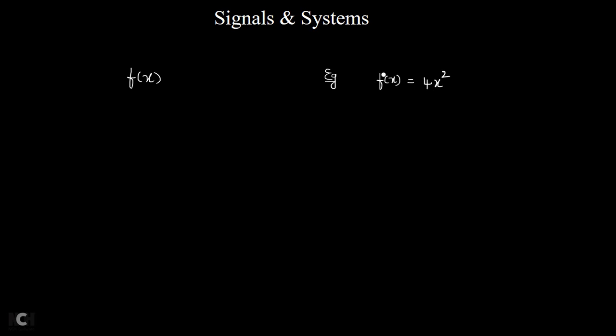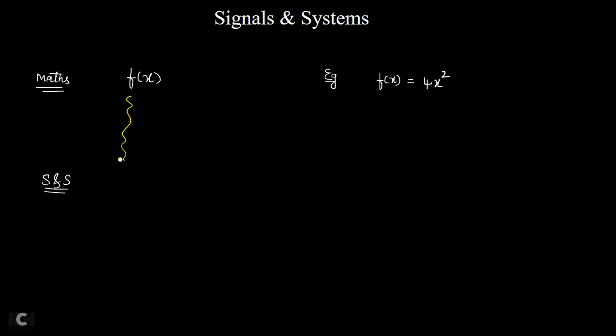Now this we represent in mathematics as a function of x, where x is an independent variable. It does not depend on any other thing. Now this is the representation in mathematics. Now how to represent it in the signals and systems course? Instead of f of x, which is the notation in mathematics, now in our course, that is signals and systems, we use a different notation.